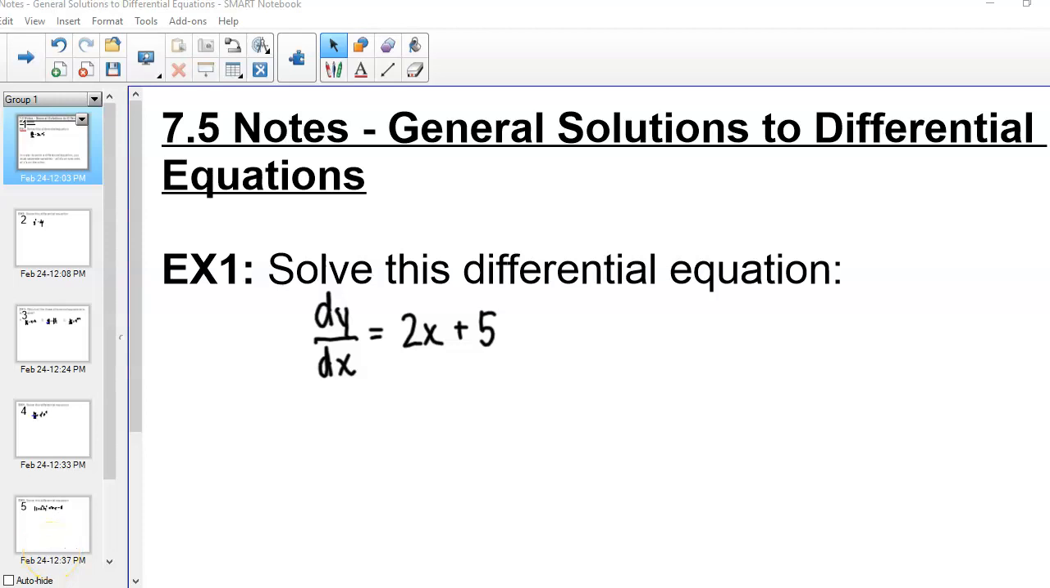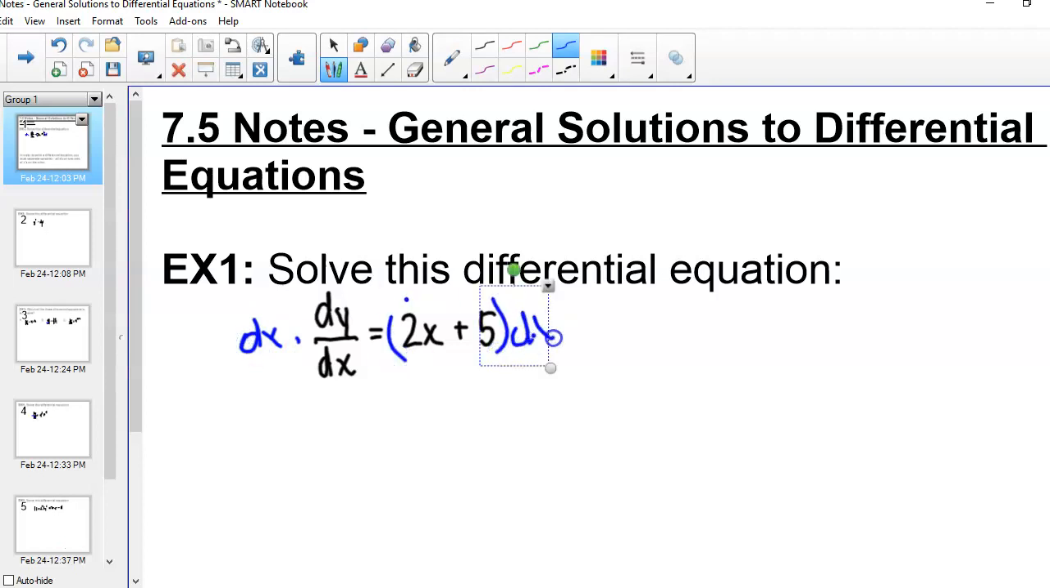Okay, so in section 7.5, we are going to look at general solutions to differential equations. So we see here in example 1, we're asked to solve this differential equation. This is one of those super simple examples that we have done before. So what you would do is you would multiply both sides by dx. And so when you do that, you've got dy equals 2x plus 5